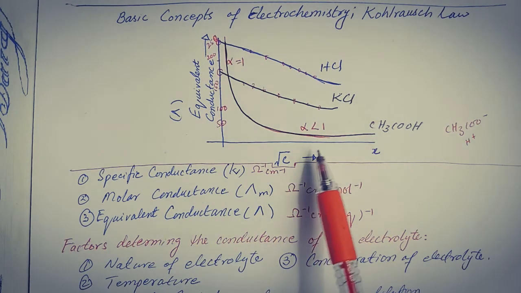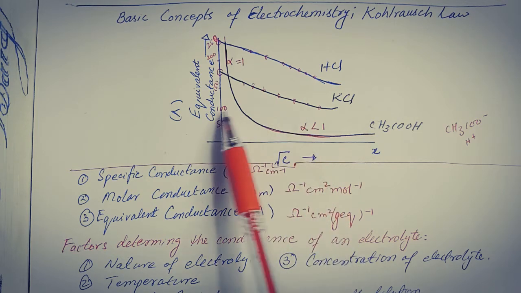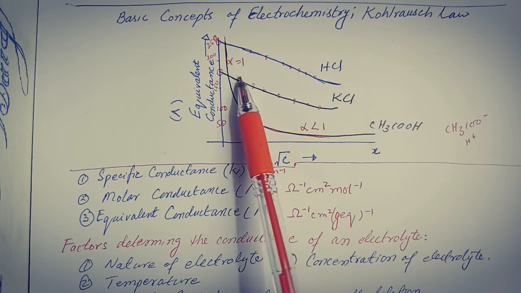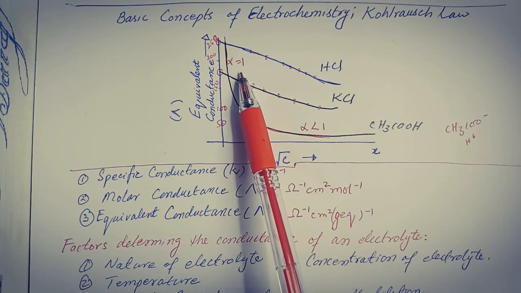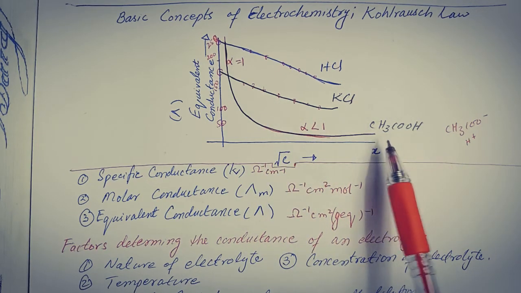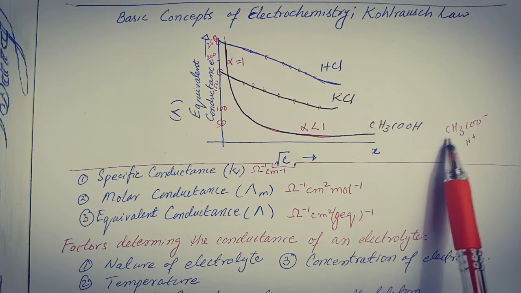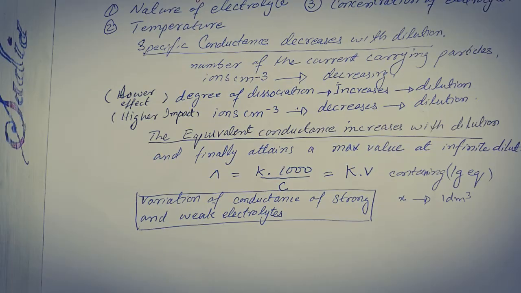At higher concentration, the degree of dissociation is less than 1, but at infinite dilution or near to the infinite dilution, the degree of dissociation is equal to 1. It means that all the molecules of the acetic acid present in the solution have been ionized to the respective ionic species. So here we can say that the degree of